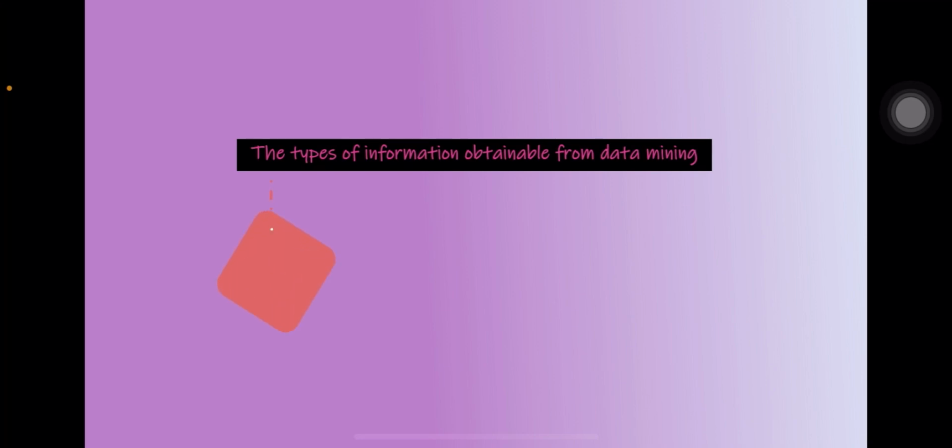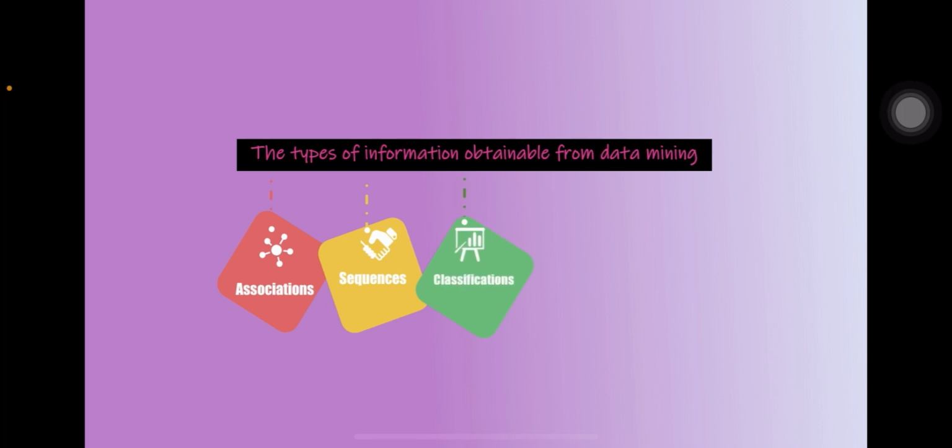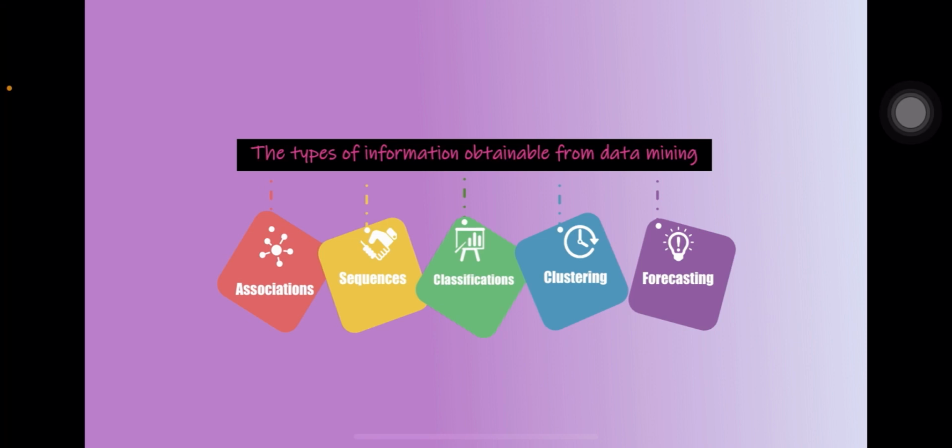Okay, the type of information obtained from data mining. First, we have association. It helps managers to make better decisions. Second, we have sequences. Sequences help to link over time. And third, we have classification. This helps to discover the characteristics of customers. And then we have clusters. Clusters look similar to classification when they have groups that have not yet been defined. And lastly, we have forecasting to determine how to allocate their plan for anticipated expenses for an upcoming period of time.